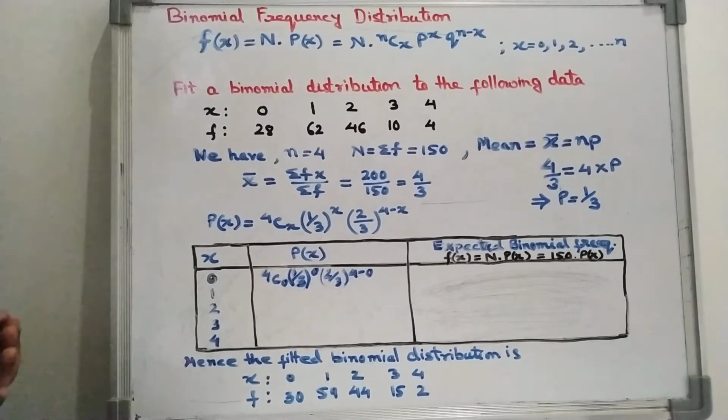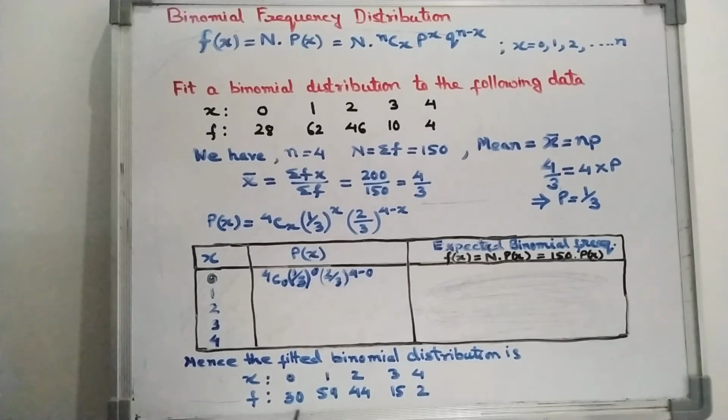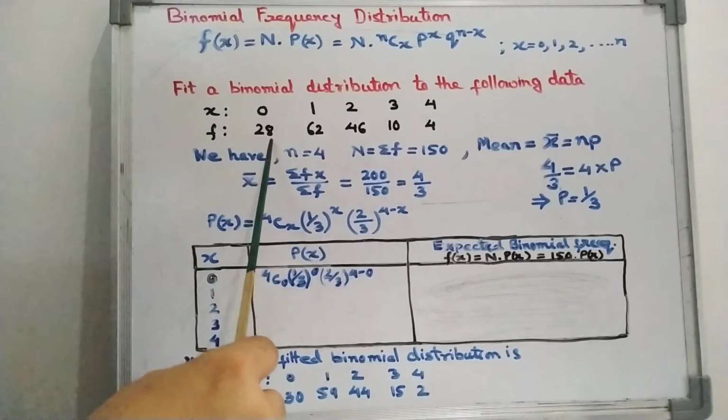For this we are required to calculate the expected frequency in this way, corresponding to the observed frequency. We calculated the expected frequency, and the fit is said to be good if both the observed frequency and the expected frequency are similar. So always remember, the fit is said to be good if both observed and expected frequency are similar. So here it is similar, no?